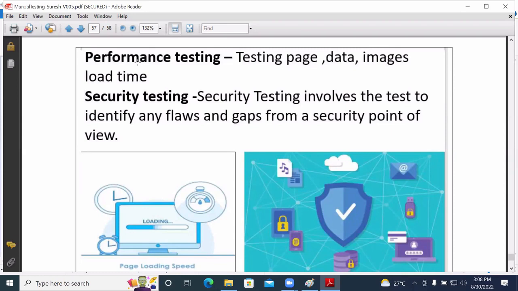How secure is that application? That is what we consider security testing. Let's take our own application. In our application, having the captcha functionality or not is one kind of security.